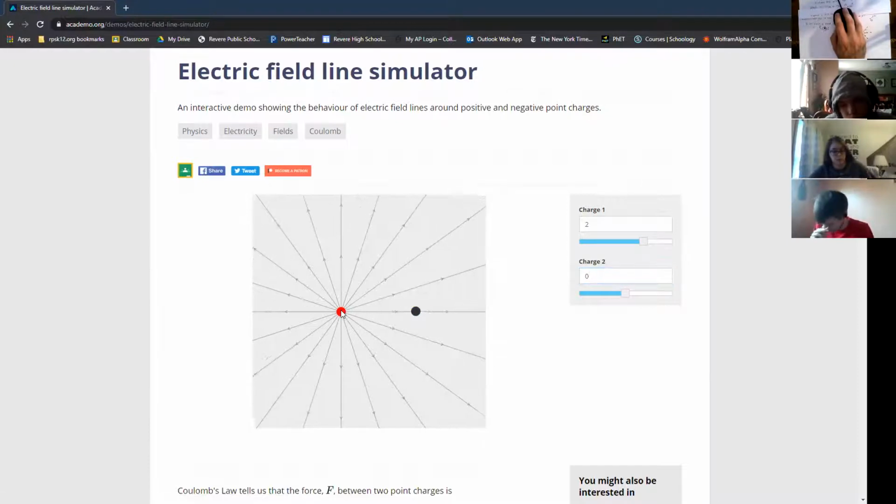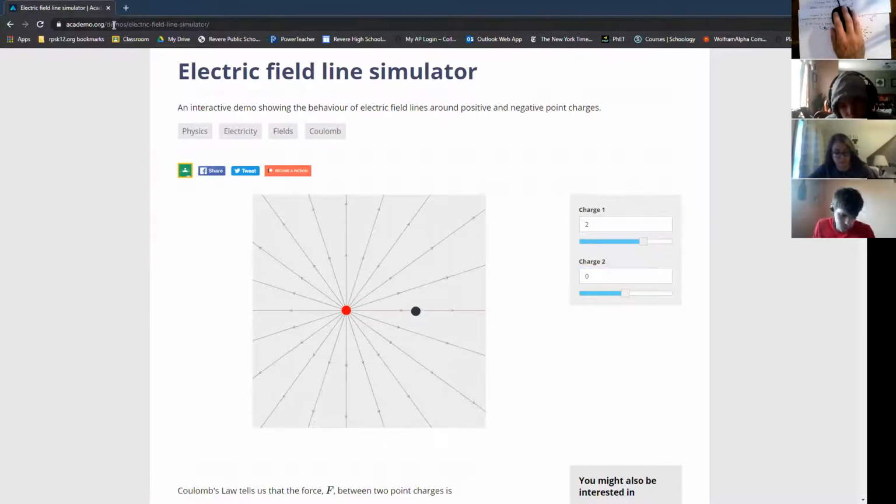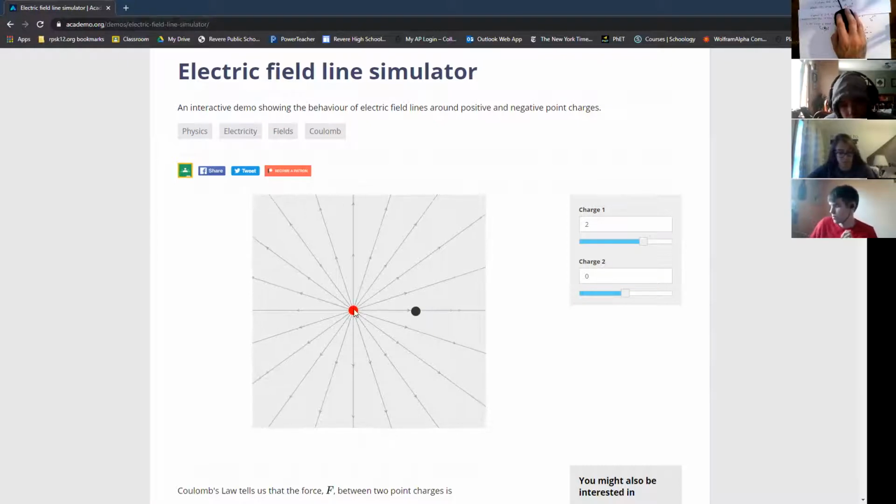So here's another one. And this one is from academo.org, and I'll put this link up as well. This one will give you the electric field of up to 2 charges. Right now I have just 1 charge here, 1 positive charge. Right now it's a charge of 2, but we can make it a charge of 1 or a charge of anything. And you can see that the electric field lines point away from that positive